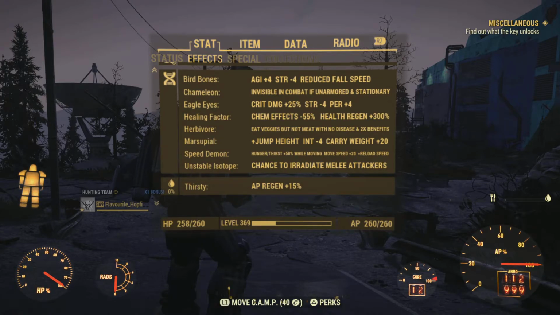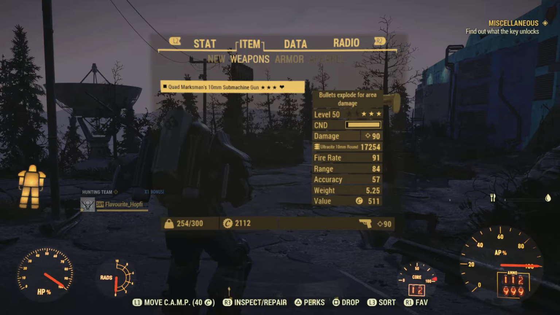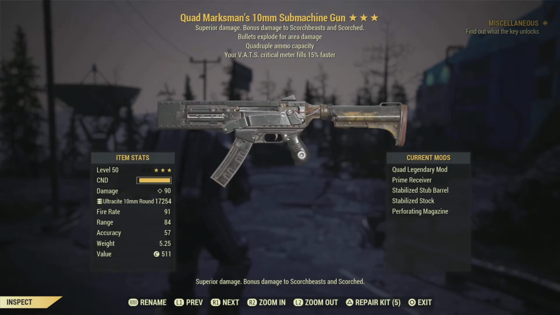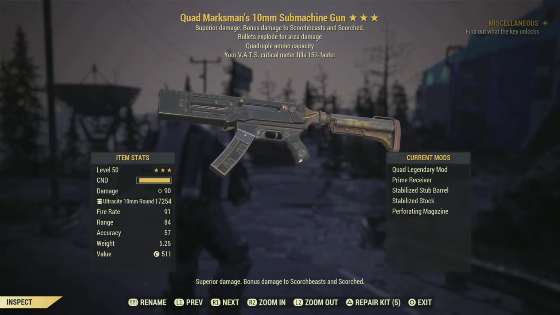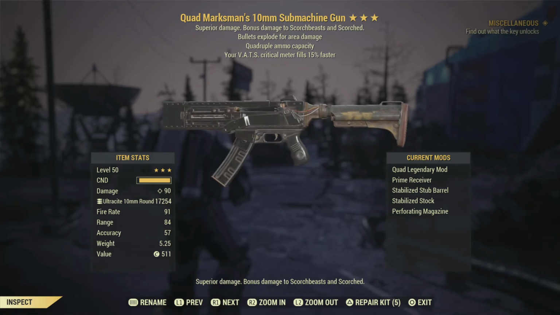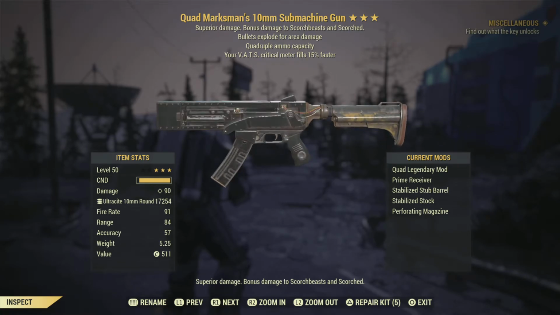That being said, let's get over to our equipment, and here it is, the elusive quad explosive 10mm submachine gun. Now, we do have a third effect here. As you can see, your VATS critical meter fills 15% faster. Certainly not a bad effect, could be quite interesting here, but to be honest, I made a VATS build